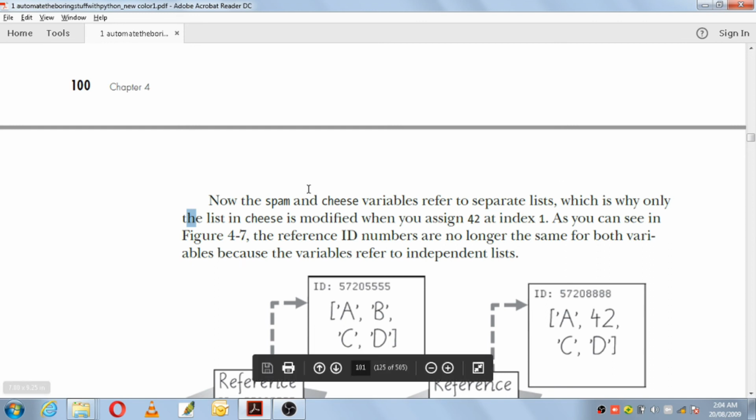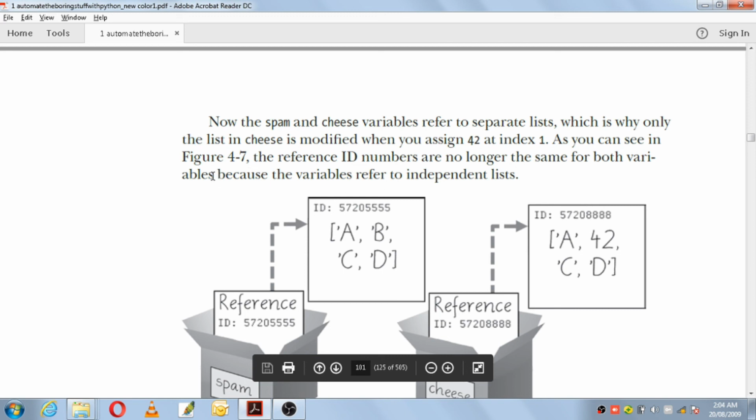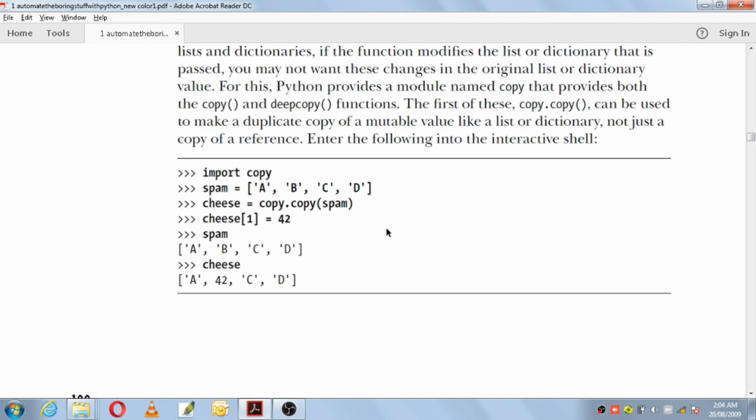Now spam and cheese variables refer to separate lists, and the reference ID numbers are no longer the same for both variables, because the variables refer to independent lists. As you just took a copy of spam and changed its value, spam and cheese will not be referring to the same reference ID because they now have two different lists.